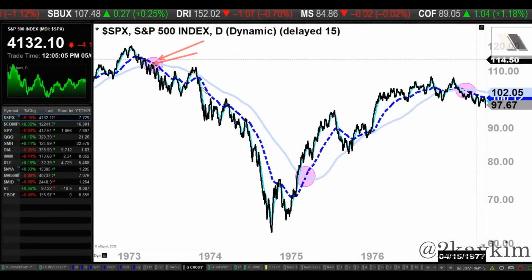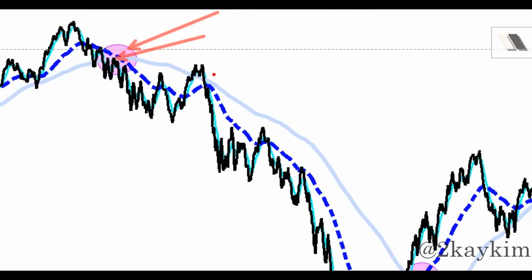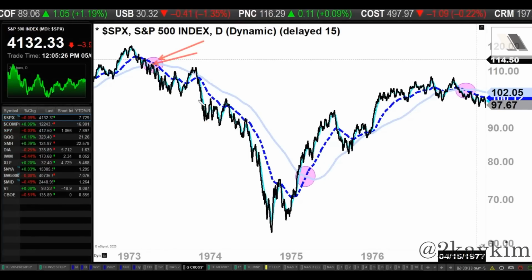That's very important. And there's a little spot right here where it looks like they're gonna cross back up, but we haven't fully crossed back up, and the market fully tanked down. And we do see that lower low. We want to continue to give the benefit of the doubt to the sellers. And so you can see the market really heated up to the downside and crashed down in 1974.